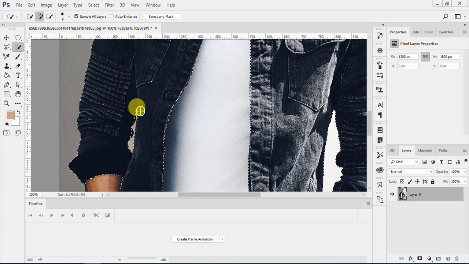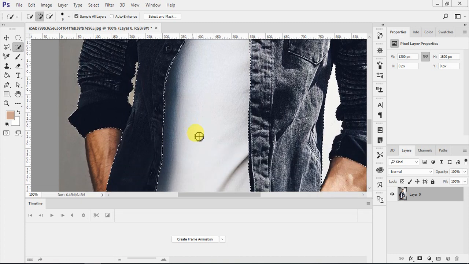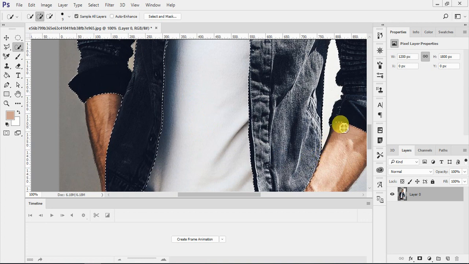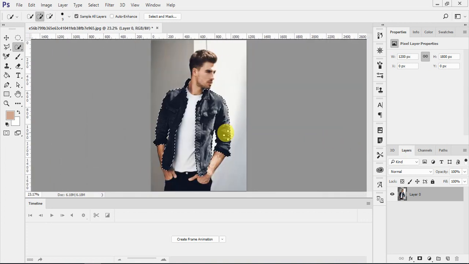Add this too. Okay, this is selected. We will just remove this one, and when you zoom out, you see our jacket is selected.